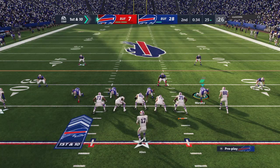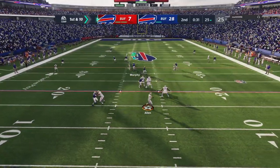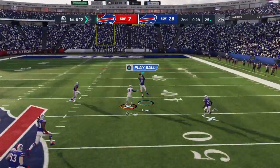Well, look at the clock here. You're inside of a minute. First half hasn't gone that well for you. How are you going to play this drive? Well, I've been told by my coaches previously that the intelligent...